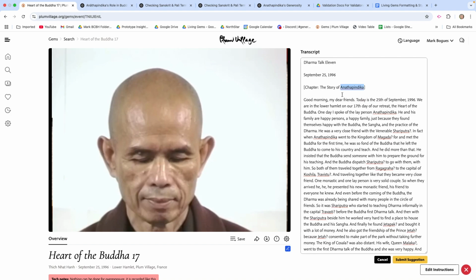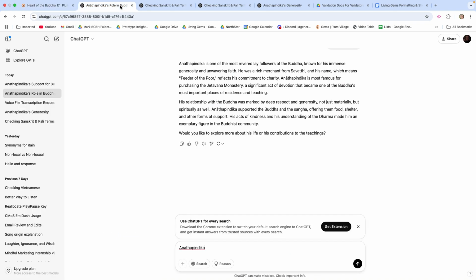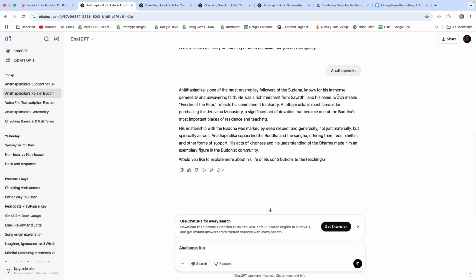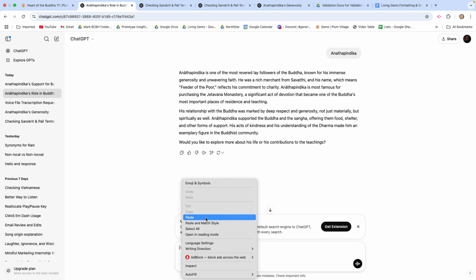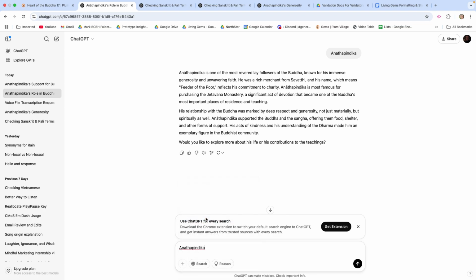So now that we have it on the clipboard, we can go into ChatGPT, and I already have a window open here. And you can see I've already searched for this before, but we'll just do it again as an example. It says ask anything here, so I can right click and I can use paste, or I could have used Command V on a Mac, or Control V on a Windows machine. And again, I'll just refer to these as Command V as we move forward through the video. So if I press enter,